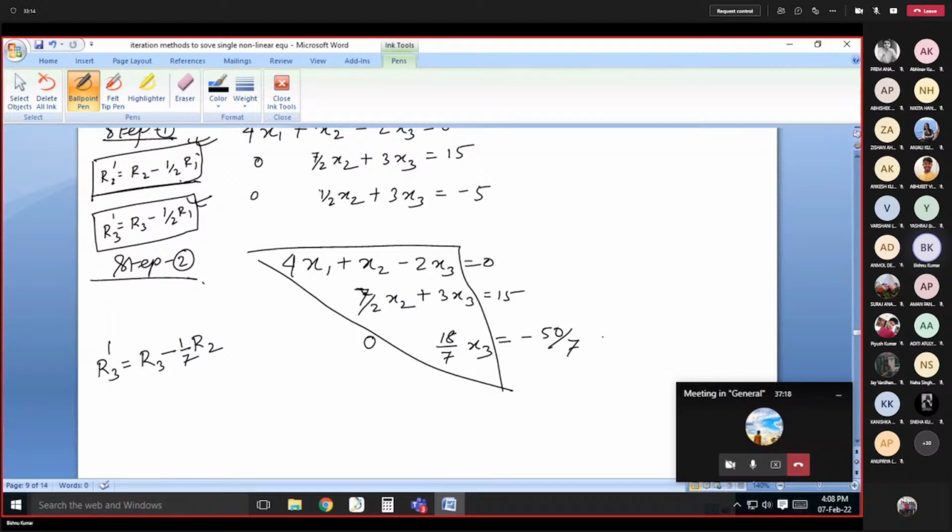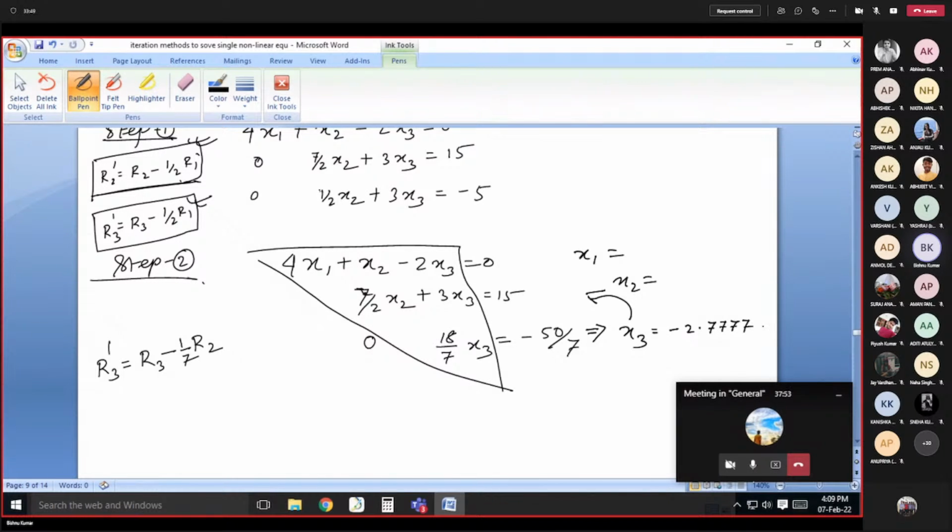Now, from the last equation, you just tell me the value. From the last equation you will get x3. Use that x3 in the second last equation, you will get x2. Use x3 and x2 in the first equation, you will get x1 from back substitution. What is x3? Minus 50 by 18. Minus 50 by 18 means minus